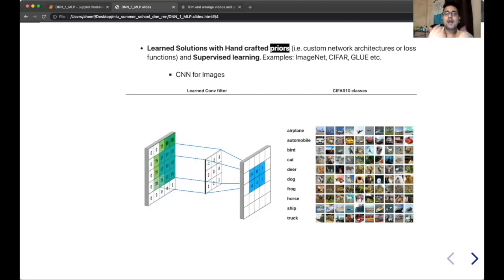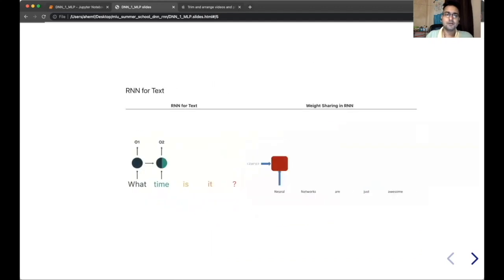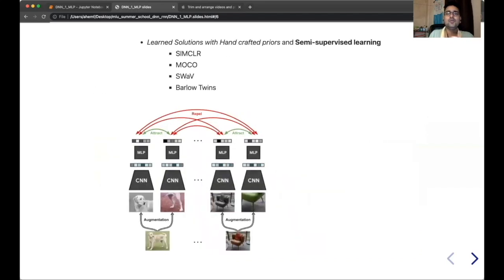So we took handcrafted priors, but learned the overall network, and that's majorly the progress of deep learning as of now. On similar lines, RNNs say that the nearest word, the neighboring word, is important, and for that reason they are also based on the same prior that close, nearby things are more important than farther away things. Then you have